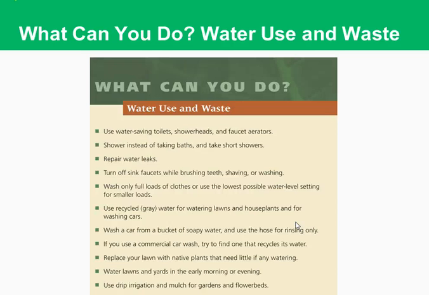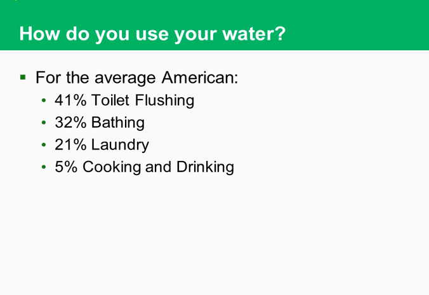The gardener in me wants to point out, though, that you need to do it in the morning, because if you water in the afternoon, it'll evaporate. But if you water in the evening, like it says right here, that can promote mold growth on your roots. So don't listen to that part right there. Ignore where it said evening. Don't do that. Use drip irrigation and mulch for gardens and flower beds so you can maintain the moisture so it won't evaporate away.